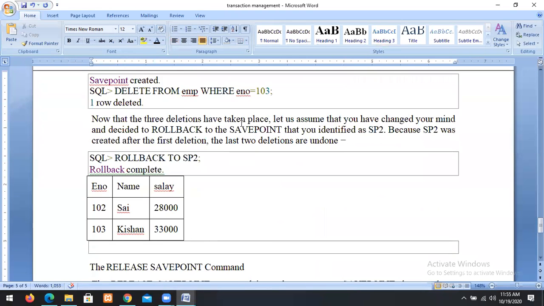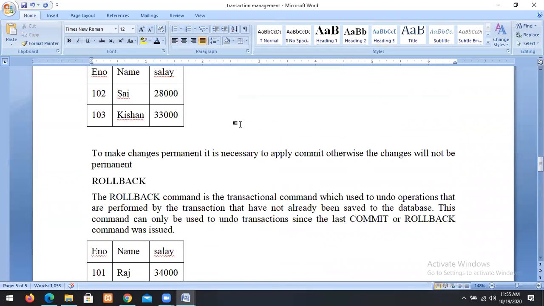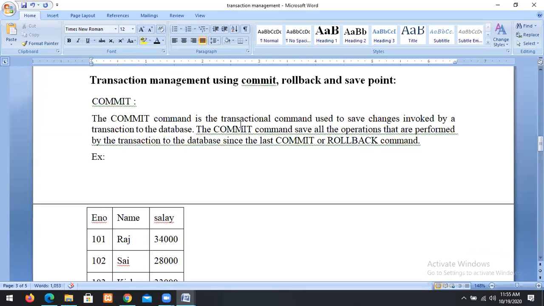So like this, we have the transaction commands. There are 3 transaction control commands, also called transaction management or transaction control commands. They are commit, rollback, and save point.